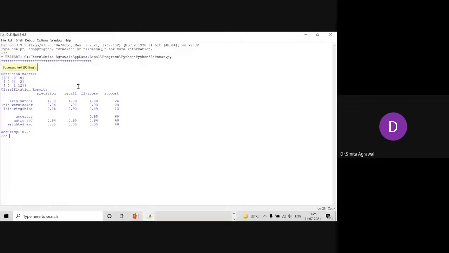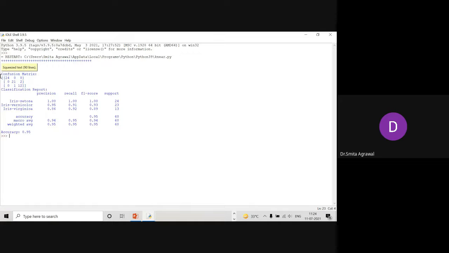Now you can see the output. This is a confusion matrix, and the accuracy of the model is 0.95. This is the iris data set that we have used, and it is displaying the precision, recall, F1 score, and support after classifying. So this is a classification report.